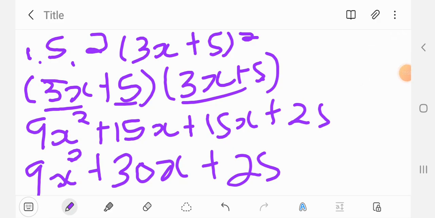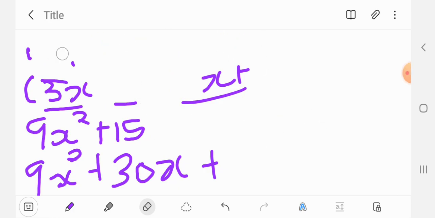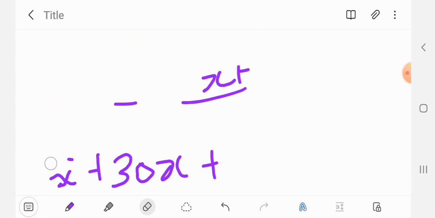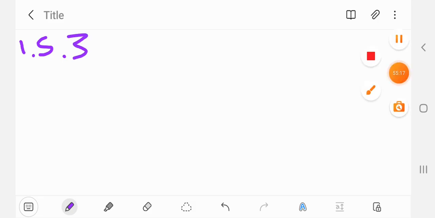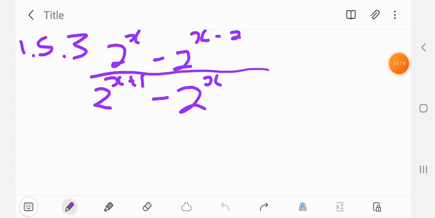I'm just going to erase it to move on to the next question, which is 1.5.3. All right. Here we have 1.5.3. We need to solve this. So we'll say 2 to the power of x